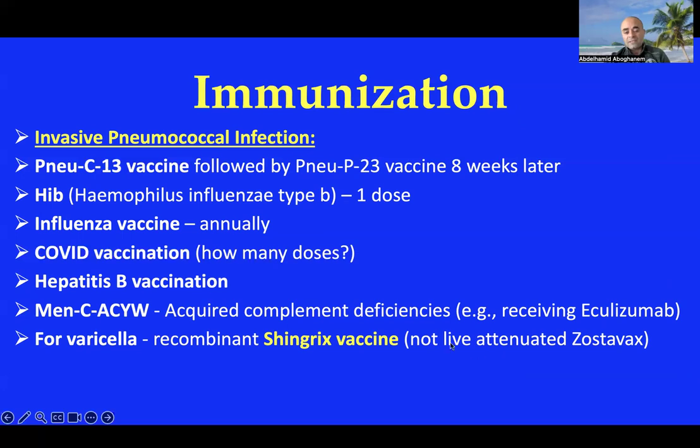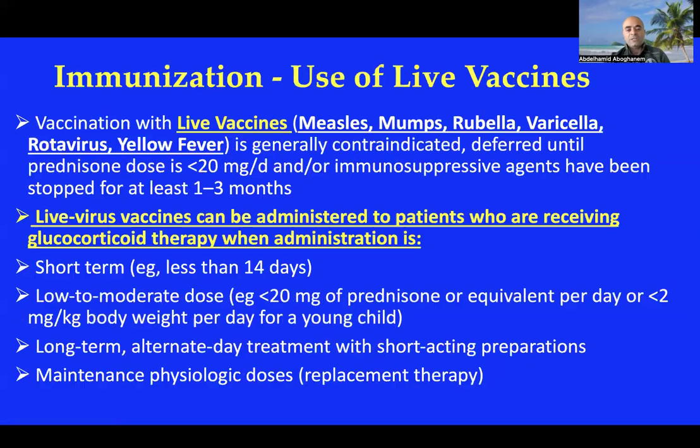This is not a live vaccine, because the varicella zoster vaccine is a live vaccine used before transplant surgery, but after transplant surgery you can use Shingrix while your patient is on lower immunosuppression medication. Vaccination with live vaccines: measles contraindicated, mumps contraindicated, rubella, MMR contraindicated post-transplant, live varicella contraindicated post-transplant, rotavirus, yellow fever, all of this is contraindicated post-transplant. And no one should use these vaccines after transplant.